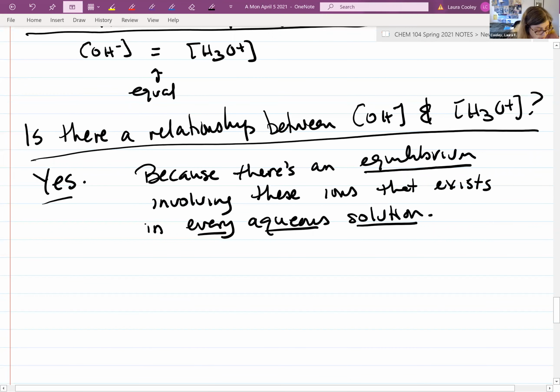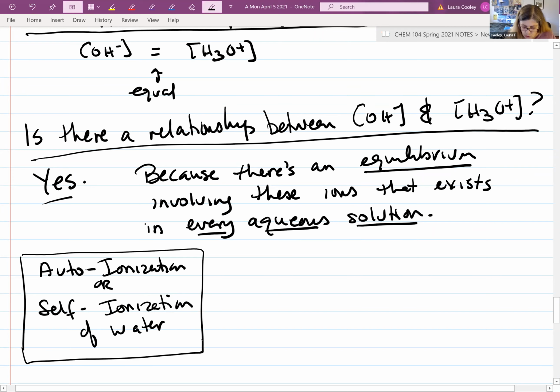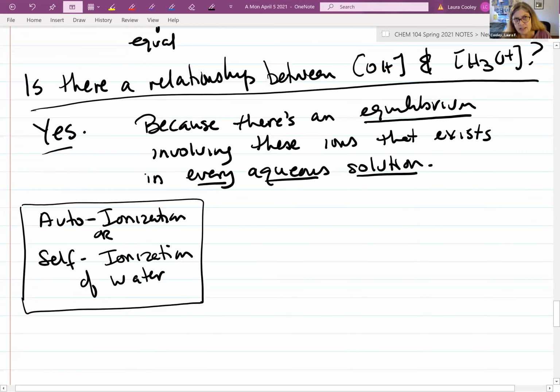It is called the autoionization or self-ionization of water. And it is an equilibrium with an extremely small equilibrium constant, really, really small. And here it is. Every once in a while,